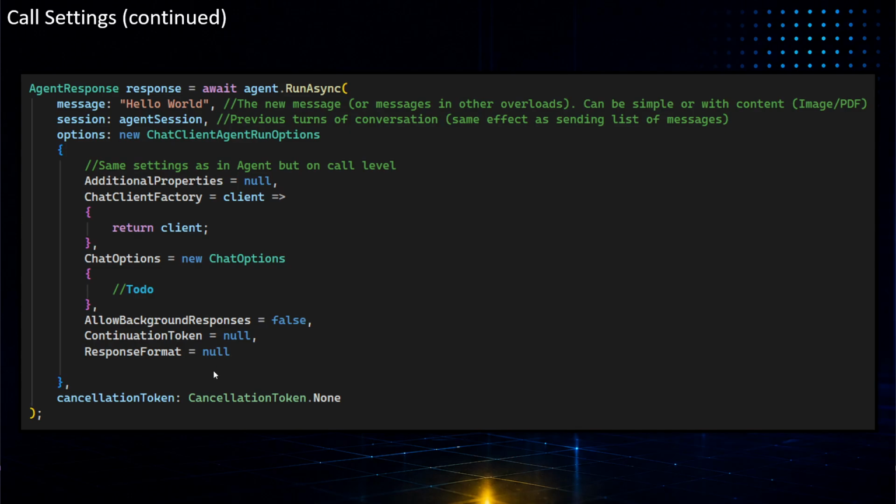So it is possible to set all these settings. In real life, you often don't do this because you just make different agents to do different ways of calling, and those agents will do the same every single time. But it is possible to override most of the settings on the individual call level if need be.